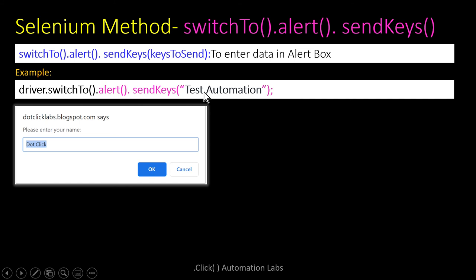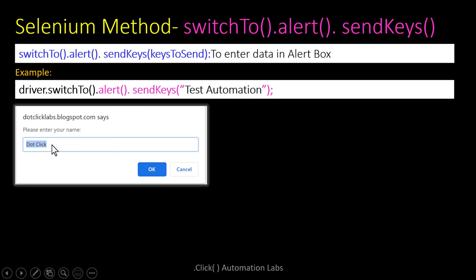Okay, so here this is a sample prompt box. Here you need to enter some value. If you want to enter any value on this, you can directly enter it, because driver dot switch to dot alert dot send keys will move the WebDriver focus to this alert and enter the value which we gave in this particular text box.